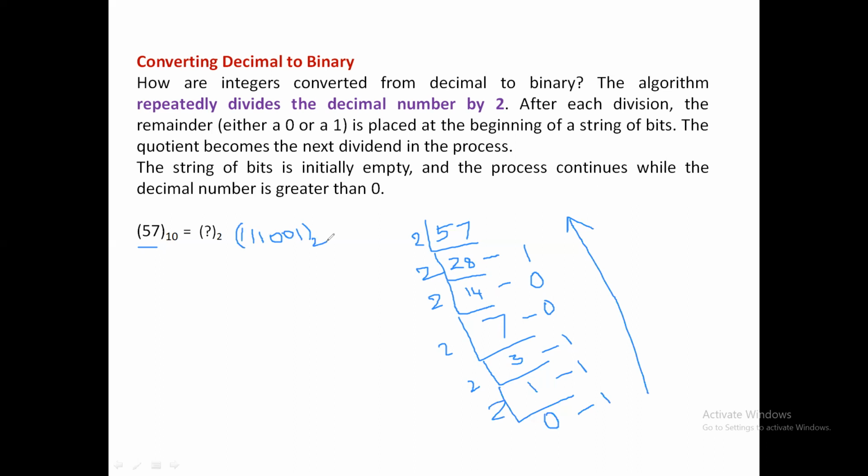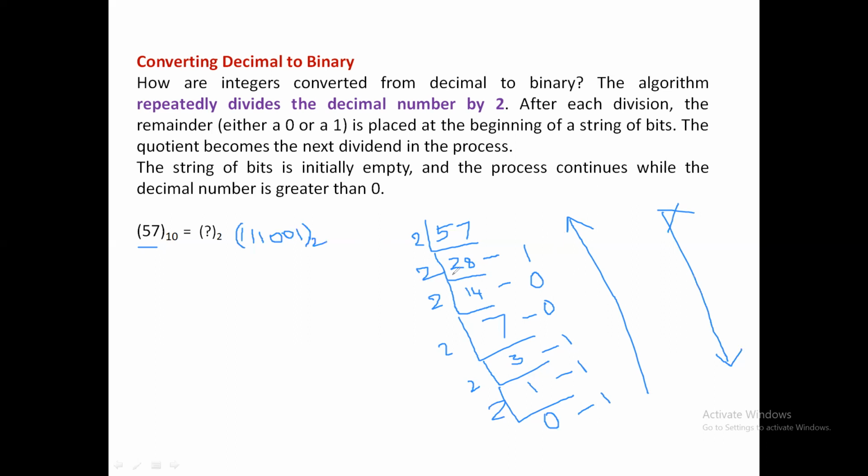So that is how you can convert a given decimal number into a binary number. What you need to understand is while taking these remainders, you should take them from bottom to up direction. Don't take in this direction. This is not correct. So it is important to take the remainders from bottom to up direction. While designing a program for this, you should know how to get this in bottom to up direction.